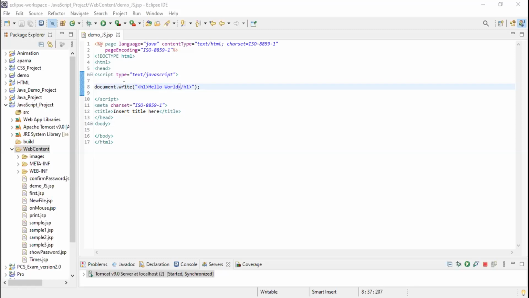Ma'am, write is a command action. The code to write hello world in the document.